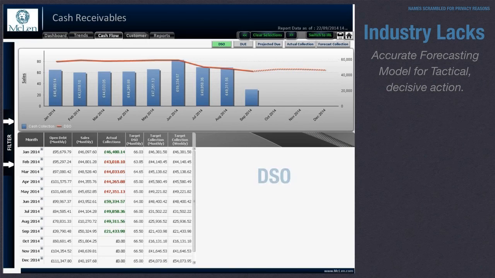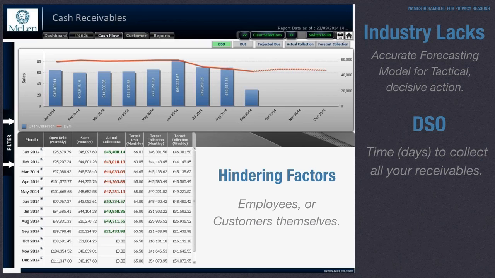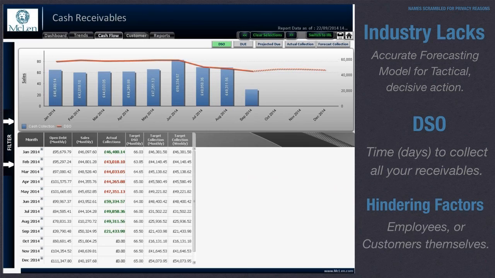As you know, your DSO, or Daily Sales Outstanding, is a measure of how long it would take to reclaim all of your current receivables based on the average amount of money you collect per day. Therefore, to maintain a steady DSO, you obviously have to maintain your average collections. This isn't as simple as it seems, as there are many factors which will affect your collections, most of which are completely out of your business's control, ranging from employee absence due to illness or vacation to the unpredictable nature